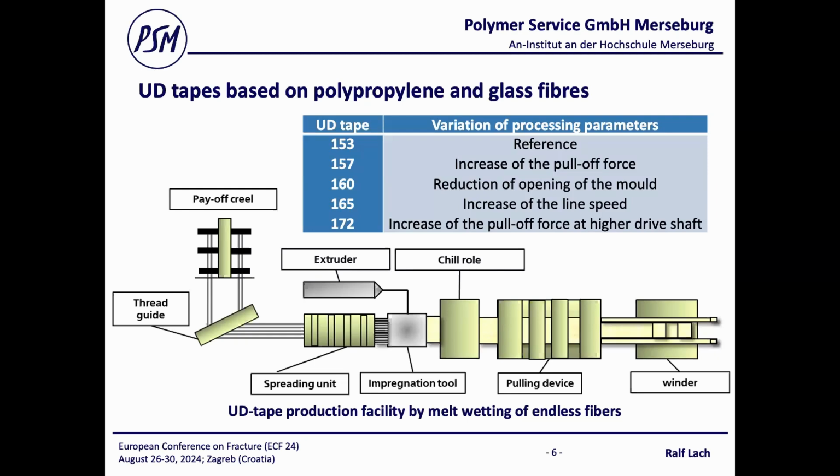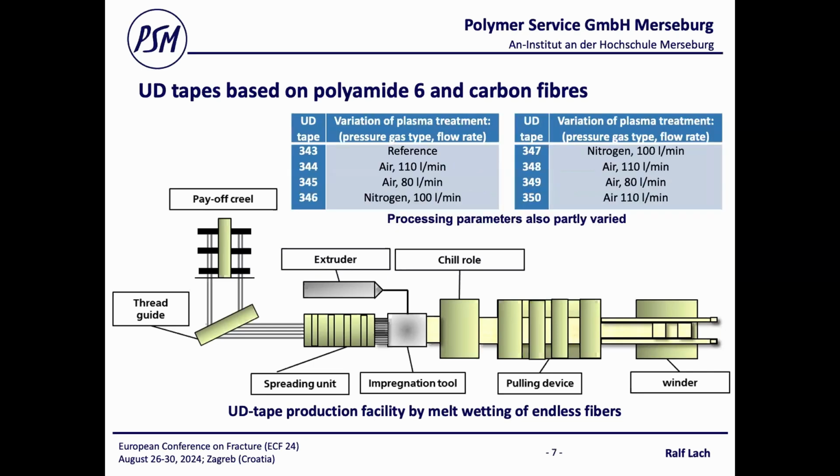You have to be sure that your fiber will be stable and not broken in parts. So this will also optimize the toughness as well. The other example is polymer 6 with carbon fibers, and here the carbon fibers are used as neck fibers, so you